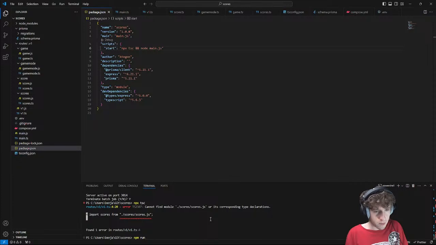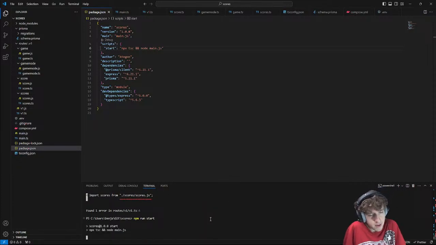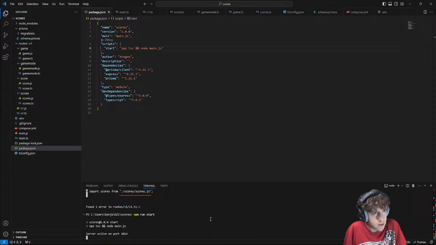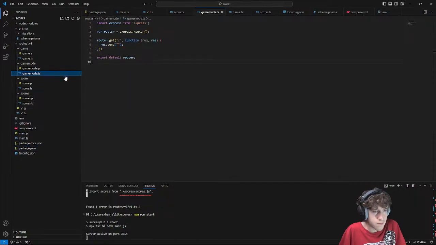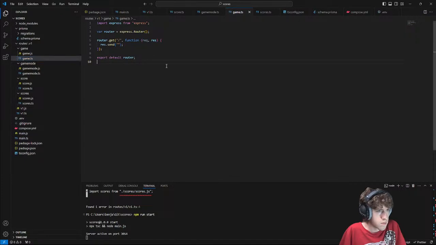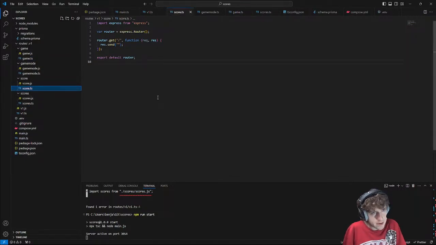So if I do npm run start, it's going to compile, and then it's going to make it active. There you go. So now we have the routes for the 4 paths here.